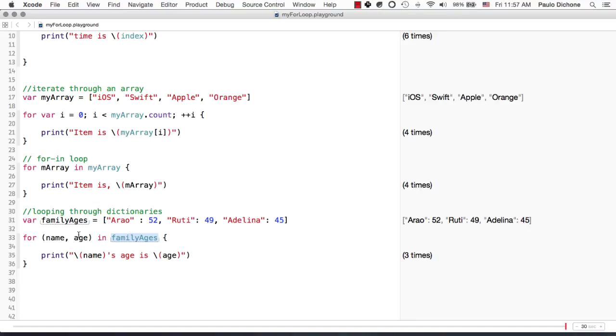Okay, so I want you to go ahead and create your own familyAges dictionary. If you have a few brothers and sisters, or if you don't have any, you can use uncles or aunts or grandparents, or you can just use animals and create an association, create a dictionary here, just something like this, and learn about looping through just like we did here.